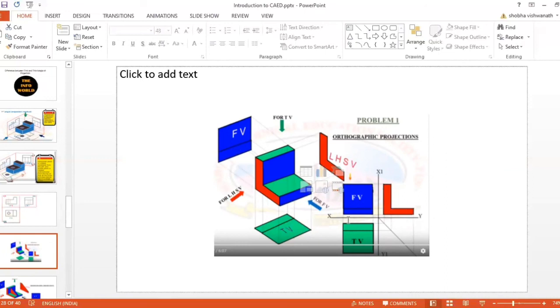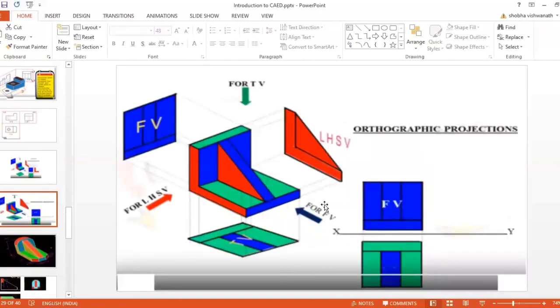You can observe now, as I told, the XY line will be the intersection line between the vertical plane and the horizontal plane, that is, where you have drawn the front view and top view. And the X1 Y1 line represents the intersection between the right profile plane and the vertical plane. This is the vertical plane, and this will be the right profile plane. This is how you draw in the two-dimensional drawing. Another example you can observe here: similarly, you project the top view, side view, front view, and top view.